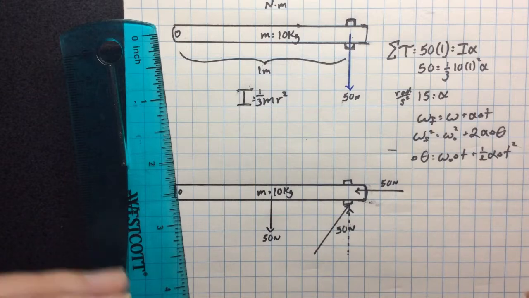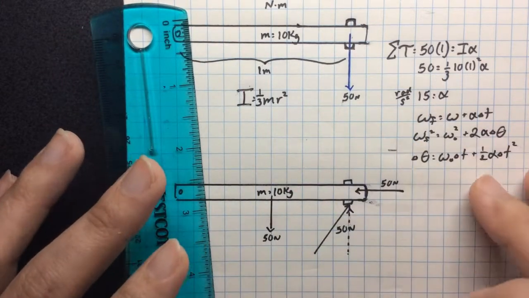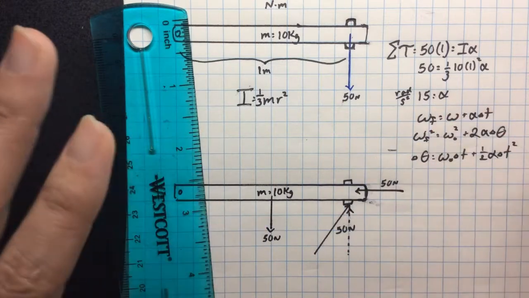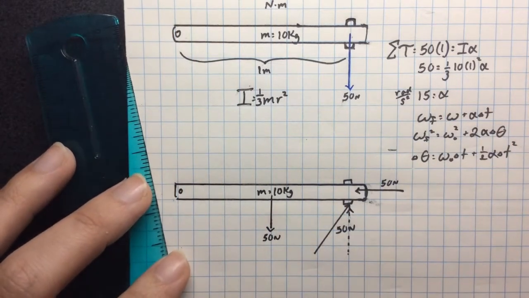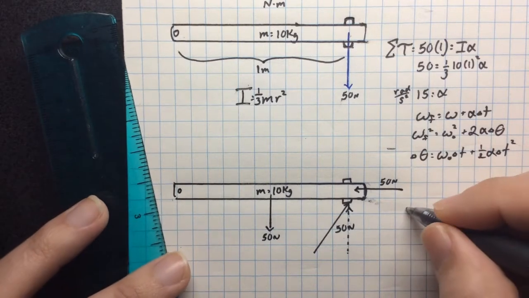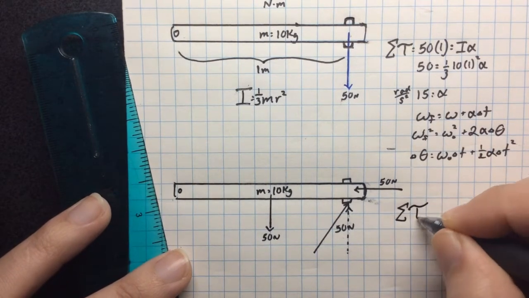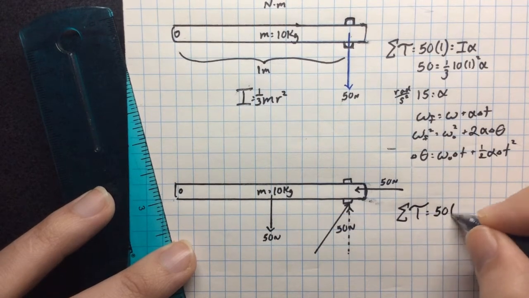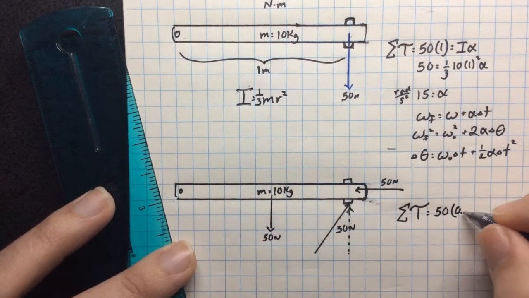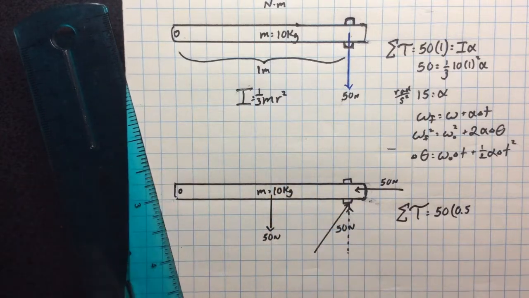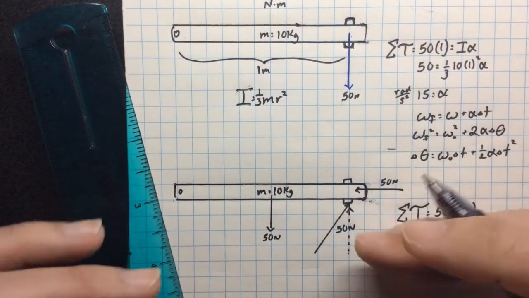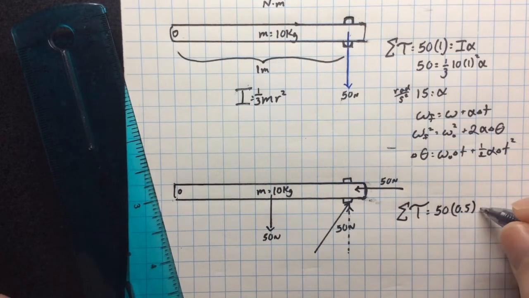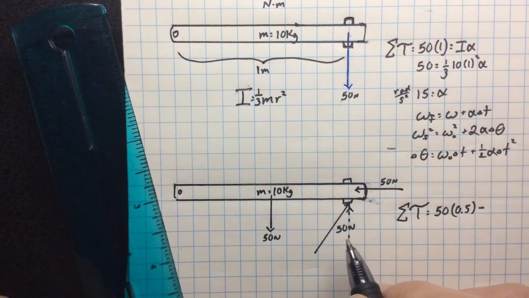Okay, so looking at these forces, if we were to consider what was torquing this door or turning this door about this hinge, then we would say, all right, the sum of all torque in this situation is going to be this 50 at a position of 0.5, because that's like halfway. It's about halfway. And I guess we're gonna call clockwise to be positive, since I just wrote that. Going the other way, we would have this other 50,